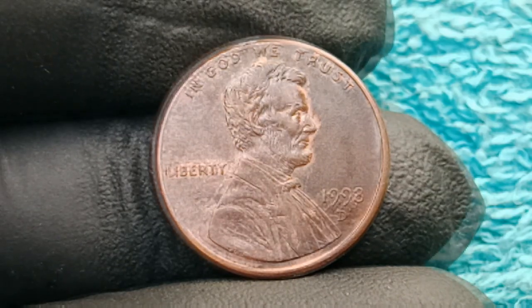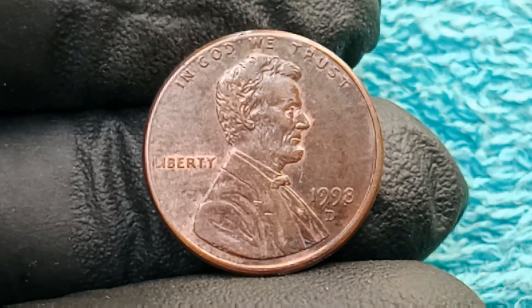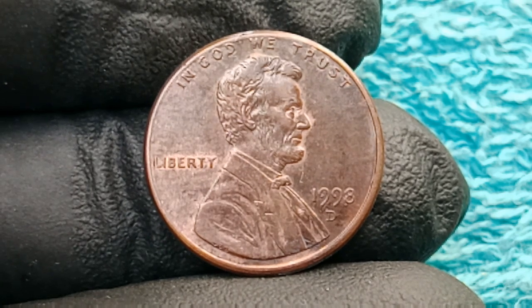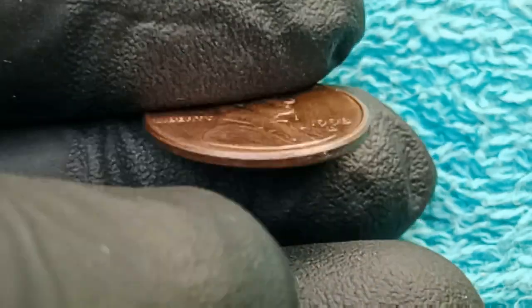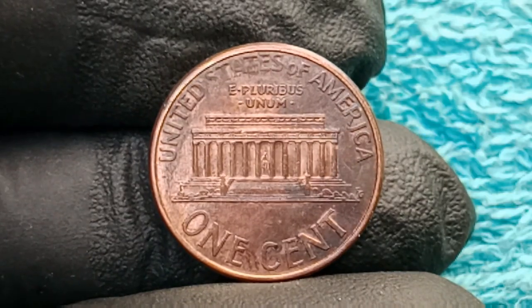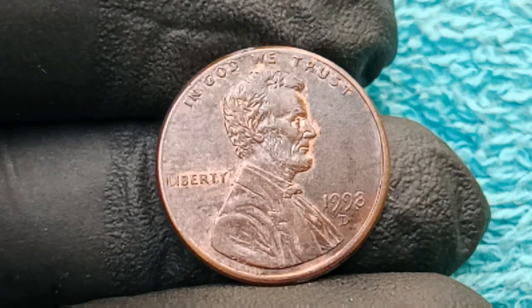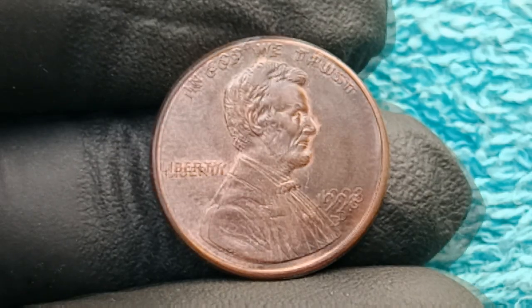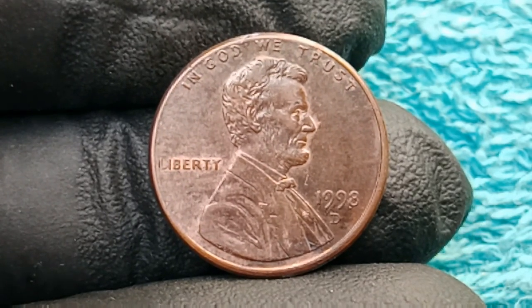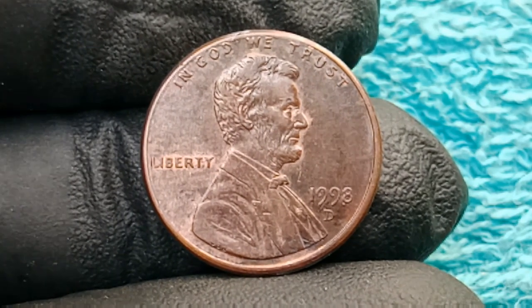value. And just imagine the journey of that single penny as it left the Denver Mint, perhaps mistaken for an ordinary coin, then traveled through commerce unnoticed until someone with an eye for detail finally realized something was wrong. Maybe the lettering on Liberty appeared doubled, maybe the date looked slightly misaligned, maybe the portrait of Lincoln had ghost-like shadows caused by a double strike, or maybe the reverse Lincoln Memorial showed irregularities with columns appearing doubled or weakly struck. And once recognized, such a discovery would have immediately set the numismatic world buzzing, leading to grading by professional